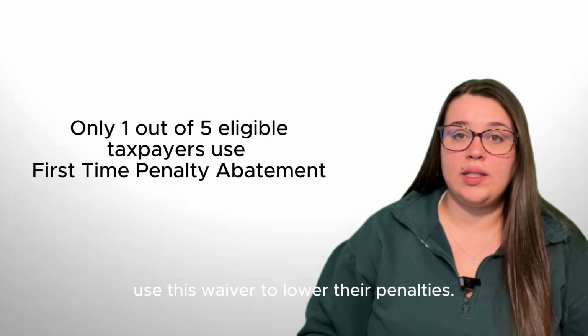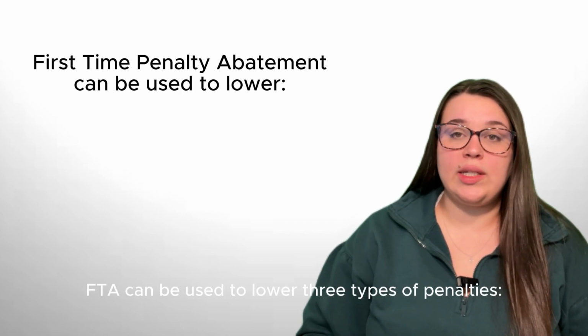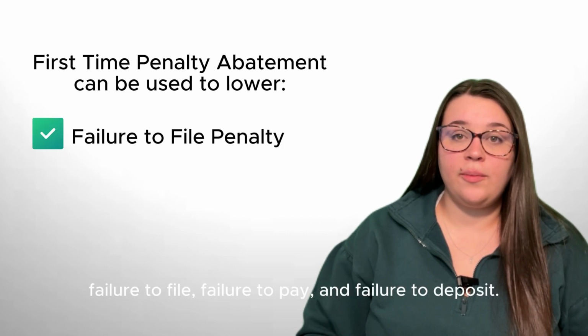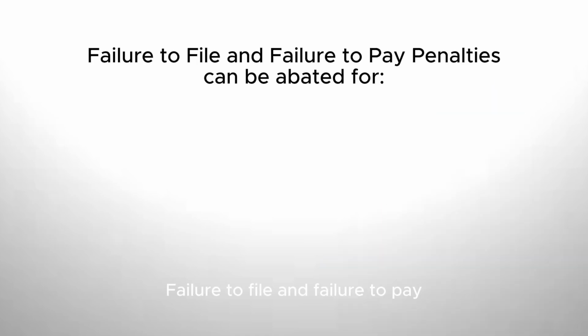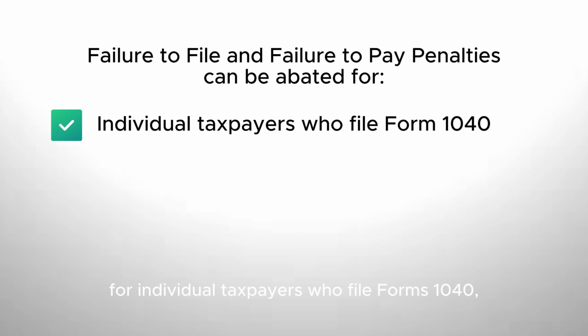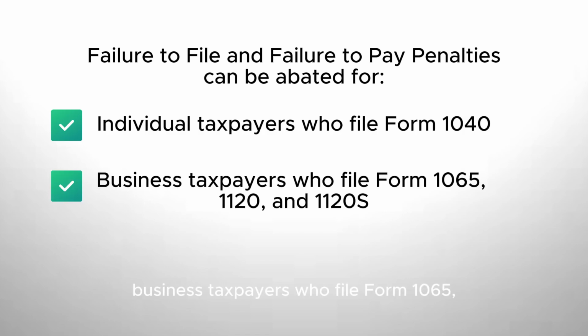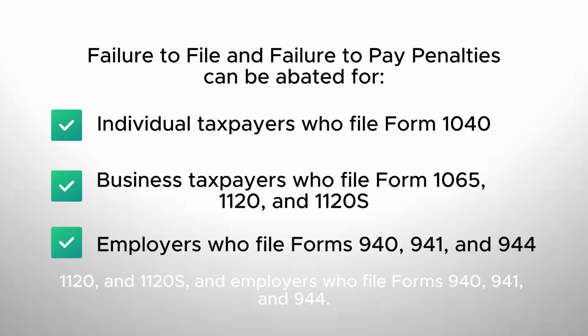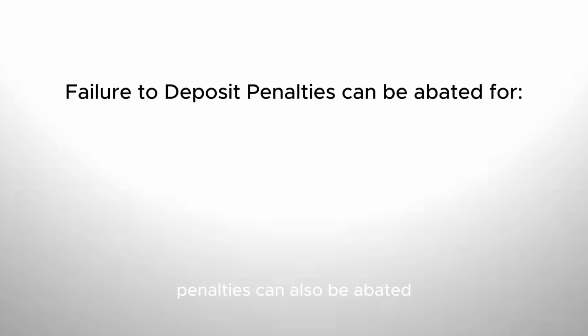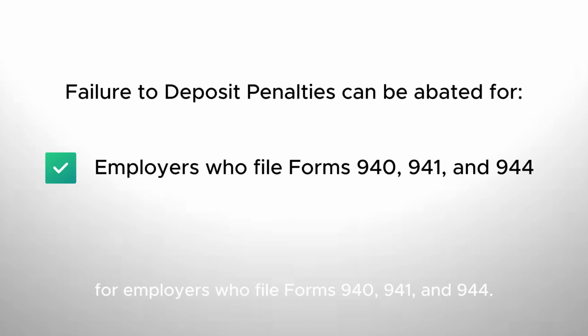to lower their penalties. FTA can be used to lower 3 types of penalties: failure to file, failure to pay, and failure to deposit. Failure to file and failure to pay penalties can be abated for individual taxpayers who file Forms 1040, business taxpayers who file Form 1065, 1120, and 1120S, and employers who file Forms 940, 941, and 944. Failure to deposit penalties can also be abated using first-time penalty abatement for employers who file Forms 940, 941, and